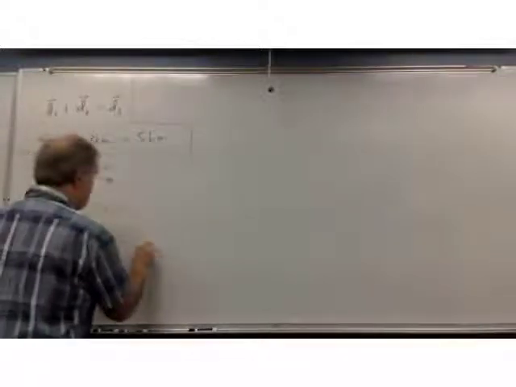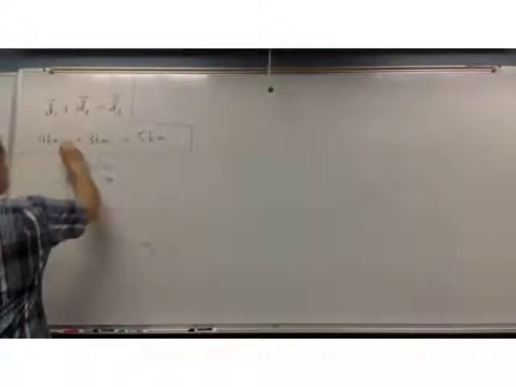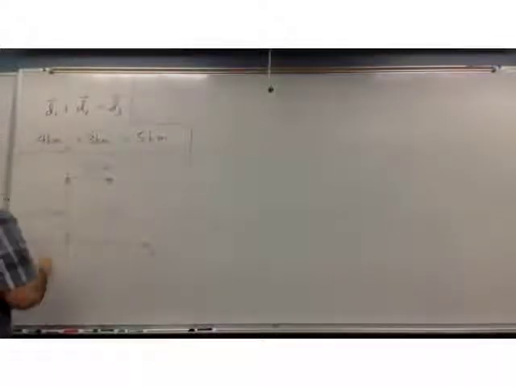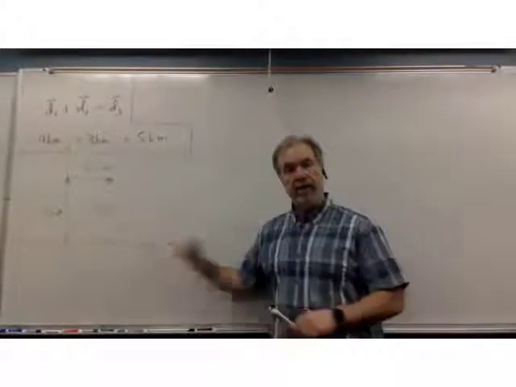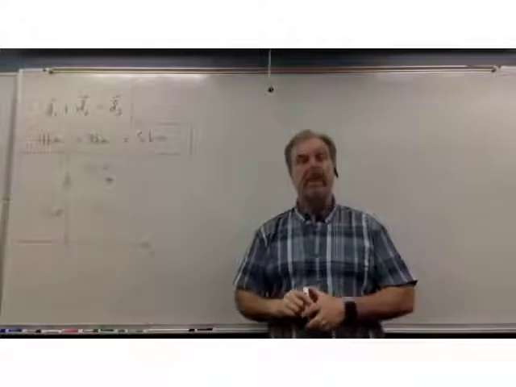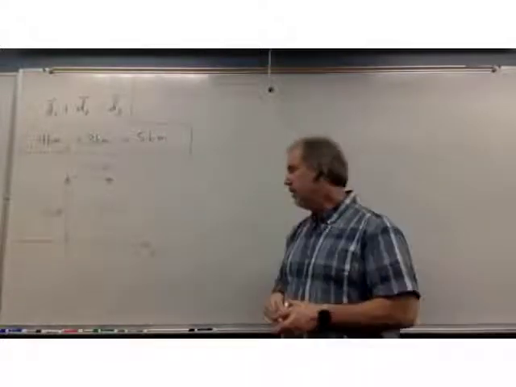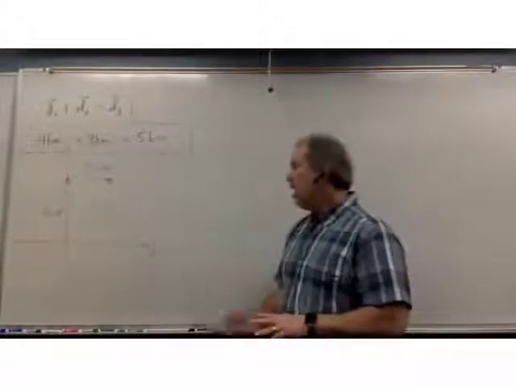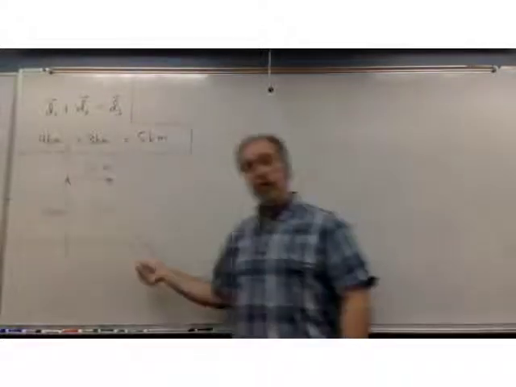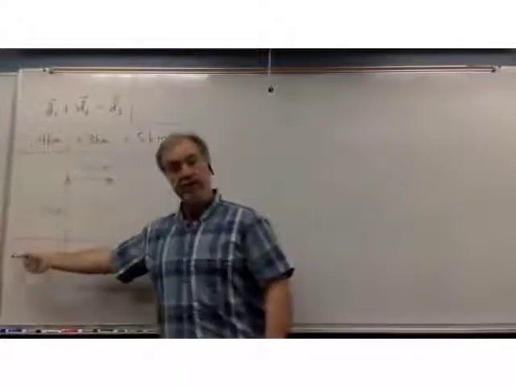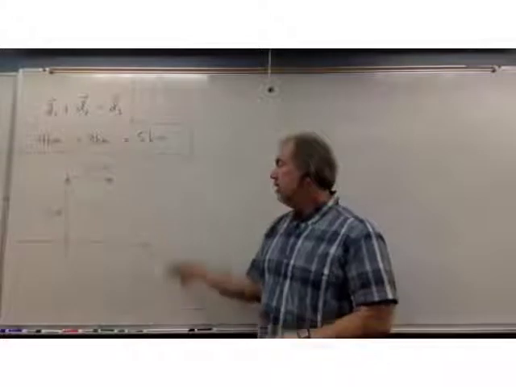Okay, so I'm going to have my x-axis point this way. I'm going to have my y-axis point this way, and let me be a little bit clearer. I put the little arrowhead on the coordinate axes only on one end. I didn't put it on both ends. Okay? And the interpretation of that is